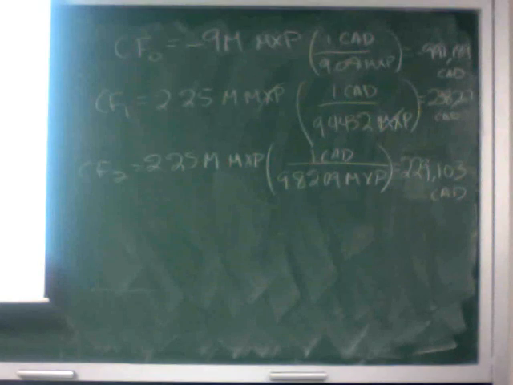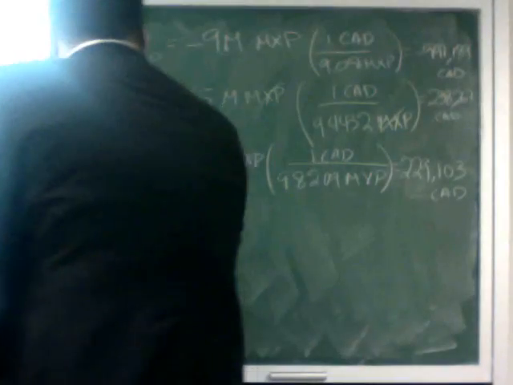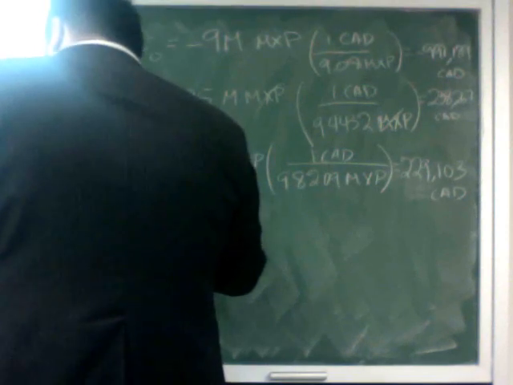Well, I'll spare you doing every single one, but you're starting to see the pattern, right? For each one of the forward years, the cash flow in the foreign currency always stays the same. But because the exchange rates over time are changing, the actual value in Canadian dollars of each one of those fixed Mexican pesos cash flows is decreasing. So I'll just show, CF3 is